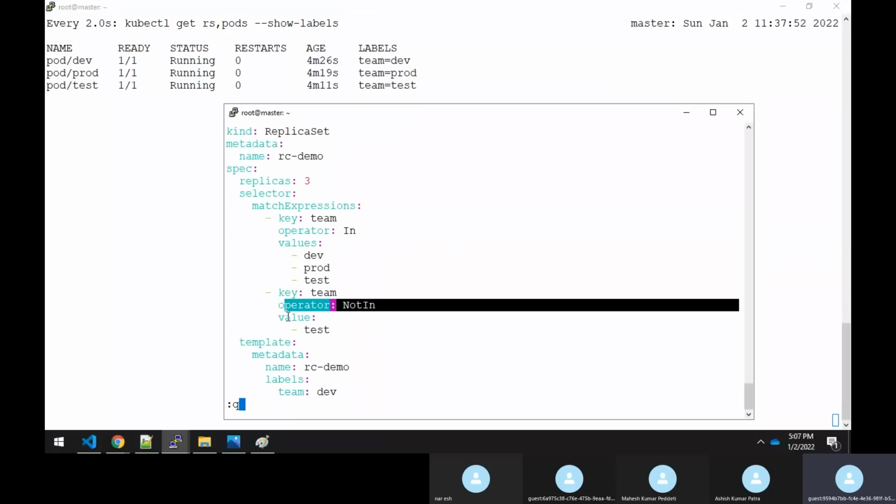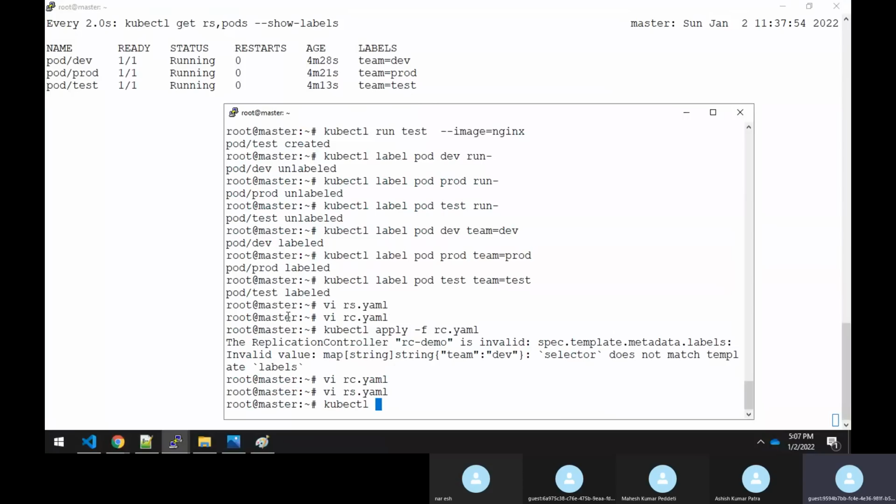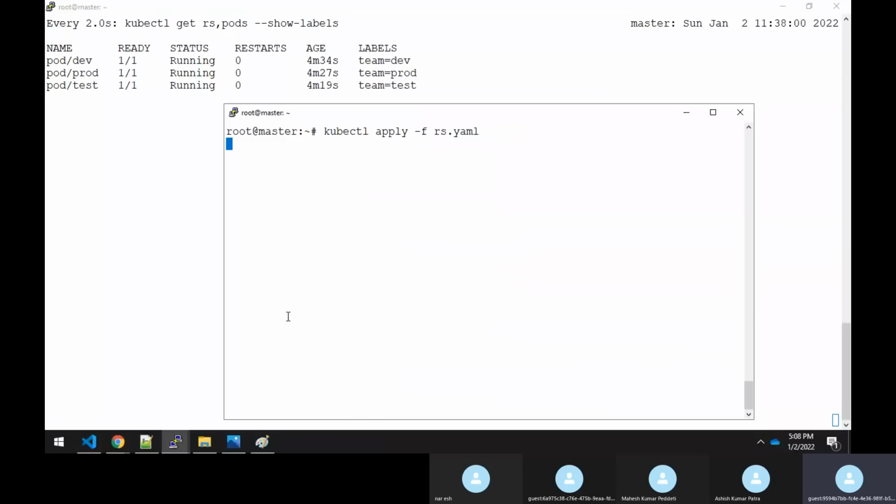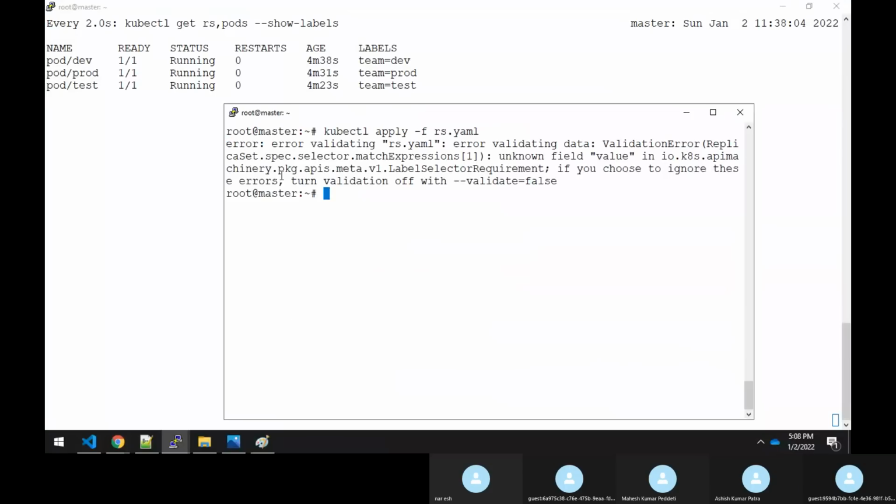So now let me apply it. kubectl apply -f replicaset.yaml. Just observe here. Ignore this validation.